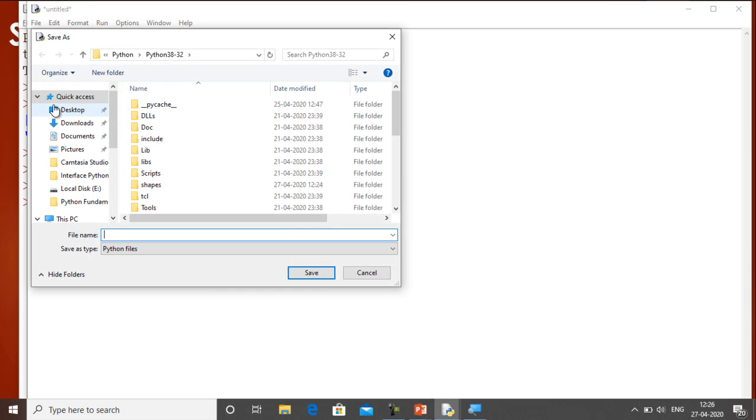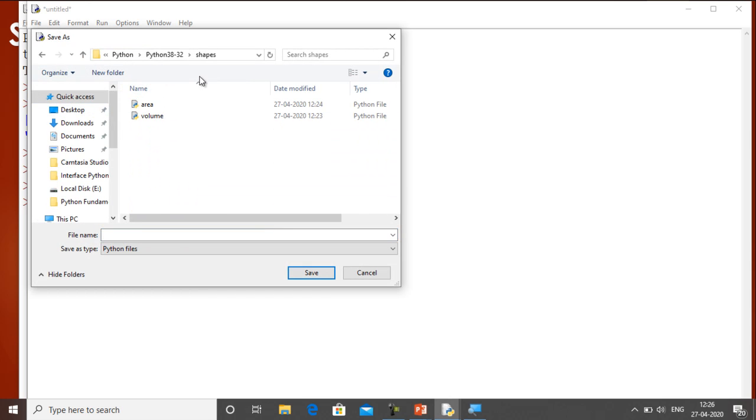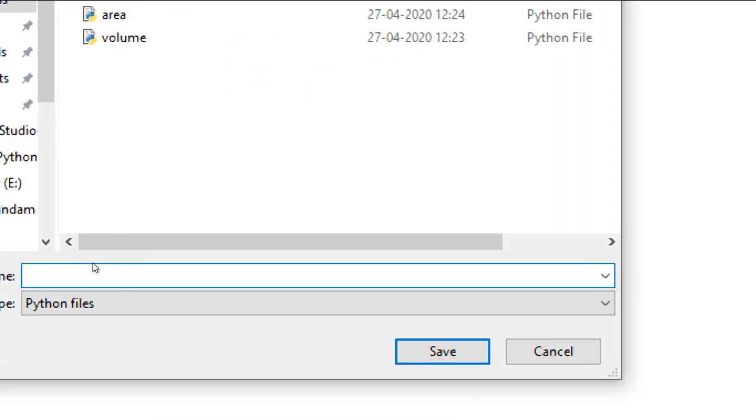I have to give a name to this file, so first I will open the shapes folder, and in that folder I have to give the name of this file as __init__.py. Let me increase the size also.